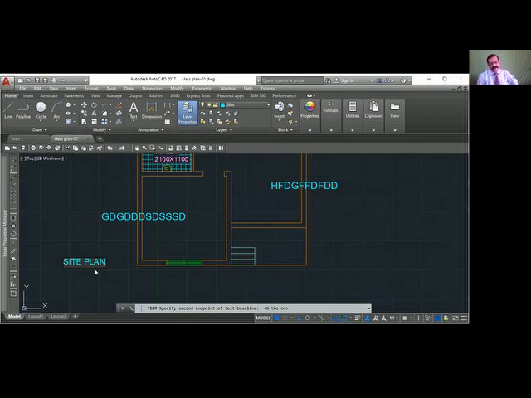Show the first point, show the second point, type the text. So it aligns between 2 points. Both the width as well as height are adjusted. So that is align.